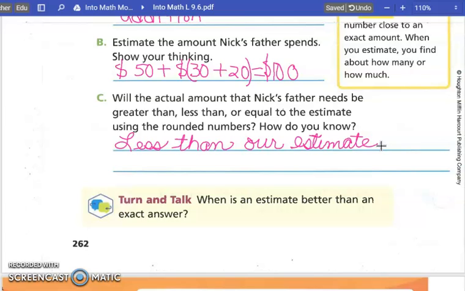And how do we know? Each number was, ooh, that W is kind of funny. Let's try that again. Each number was rounded to a